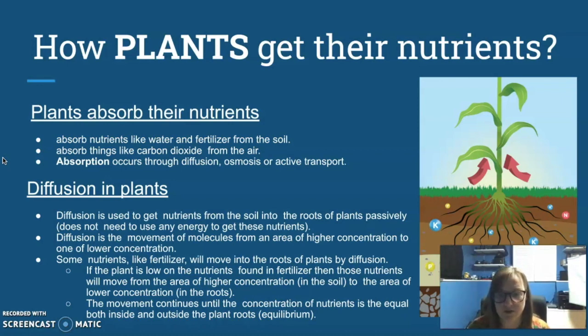So diffusion is when you have chemicals going from a high concentration to a low concentration. It is passive. It doesn't take any energy for this to happen. It's just molecules hitting each other, and they start out in a really tightly compact area and spread throughout the room. We see this happen in our daily lives all the time.